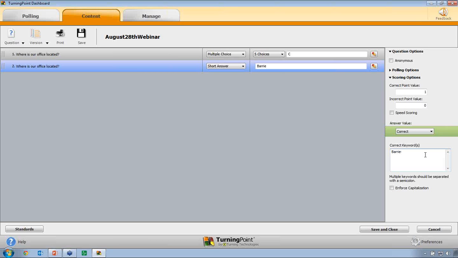Same thing if you realize, oops, I made a typo myself in the correct answer, or I set C as correct instead of A, and everybody gets the question wrong. As long as you've saved that test data, you can always go back and make that change and in the data say, no, this is actually the correct answer, and TurningPoint will update all the participants' scores or grades for that particular session. So as long as you've got the data saved, if there are any errors or mistakes, we can always help you go back and make any changes that need to be made.